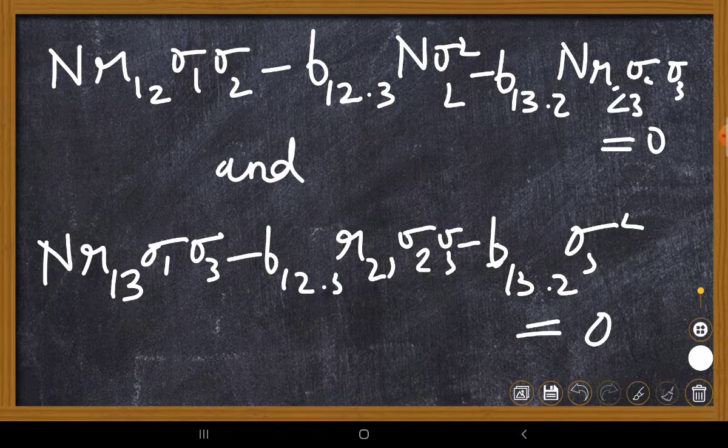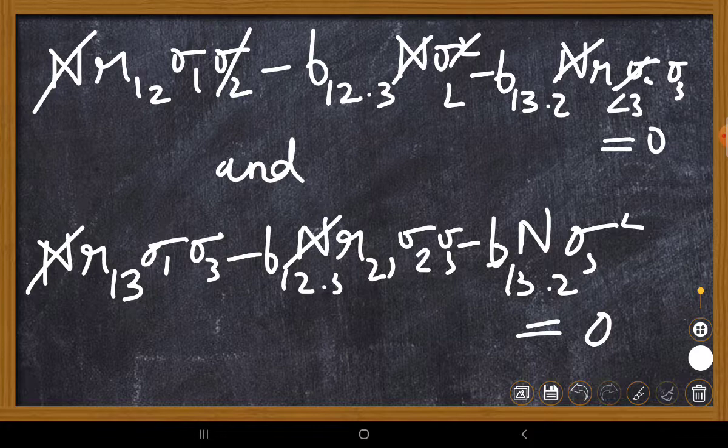So we see here that from the first equation this n is constant, so we can cancel out this n in each term. And then we see that sigma 2 is common here, so we can cancel out sigma 2. And similarly from the second normal equation, n is common. Here I forgot to write n, okay? Here also I forgot to write n, okay? So n is common, so we cancel out. And then sigma 3 is common, so we cancel out from each term. And we will be left with